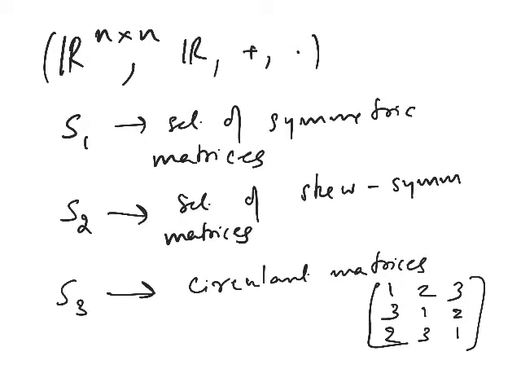Yeah, for n, any dimension. Otherwise for bases you'll have to write so many, right? For bases you write only for 2 cross 2, but the dimension I need for n. Take the case of S1 first, the set of all symmetric matrices. How do you define symmetric nature? A transpose is A. That is the defining characteristic of symmetric.